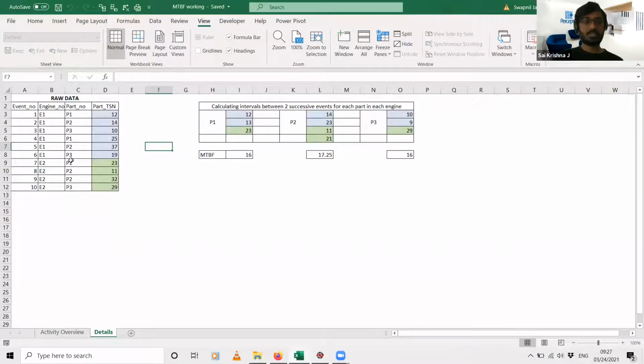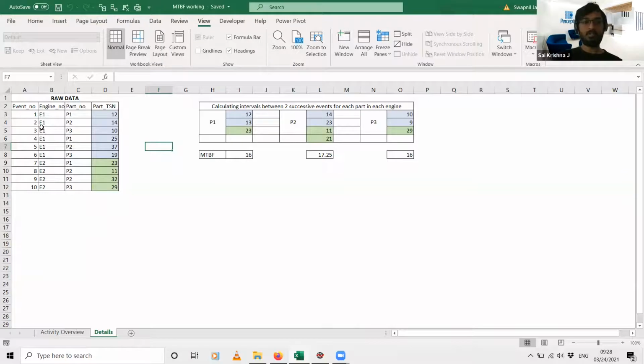So this section of the spreadsheet that you see, where it says raw data, this is what I sent you just a while back. It's a very simple calculation, but it's also a good exercise for us to know the basics of Python, know some of the nuances of using those functions and the syntax of Python. That's why I picked this example for today. So typically when you're talking about a reliability engineering part failure scenario, this is how the data is going to look. Let's say you have something called an event number.